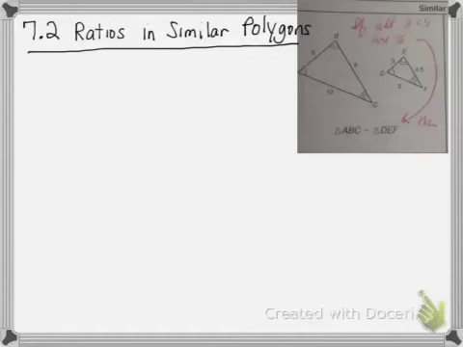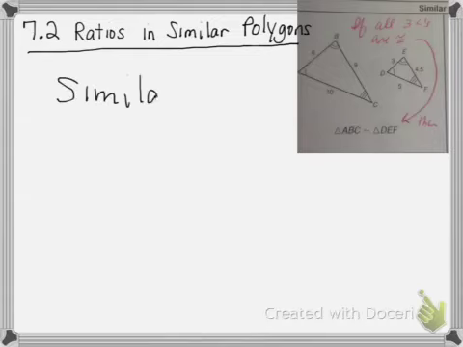This is Chapter 7, Section 2 for geometry. We're going to take the ratios that we were working on in Section 1 and we're going to apply them to polygon shapes. So the first thing I want you to do is write down that we are talking about